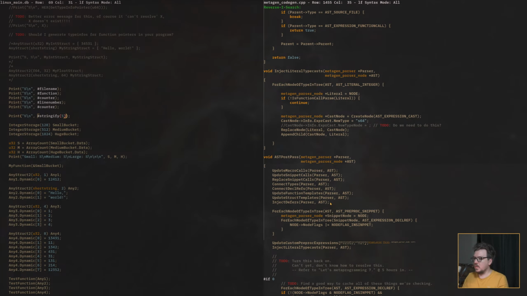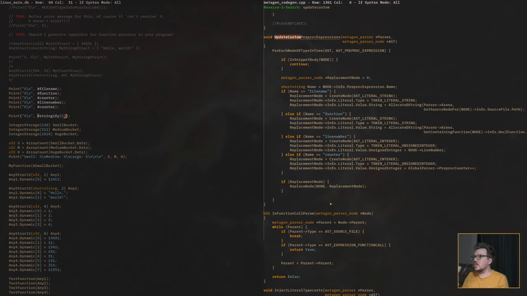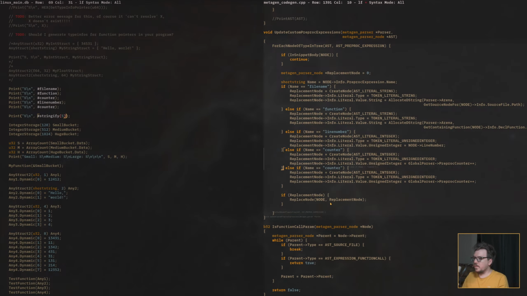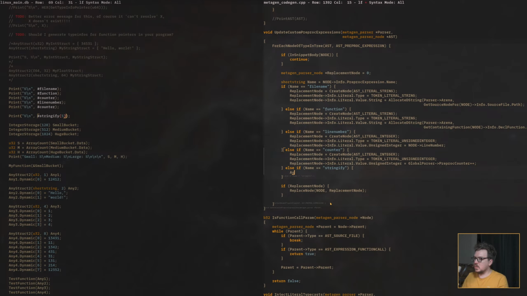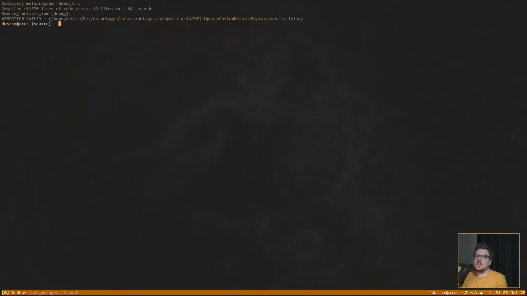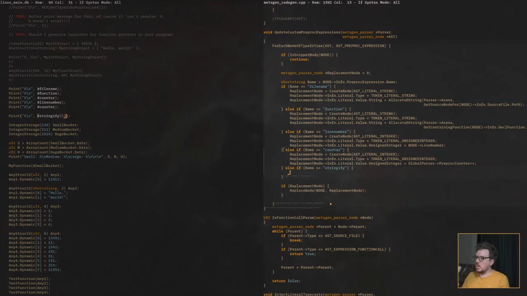Let's do that. Update custom preproc expressions. We will say if we are in a stringify. So for now, let's just assert false, make sure we hit it, first of all, which we do. Great.